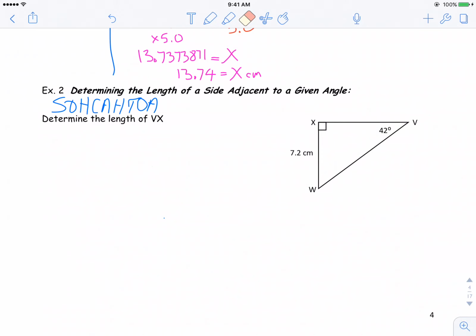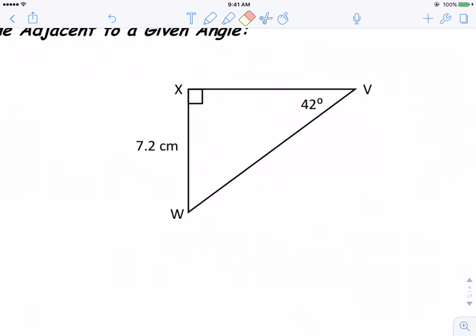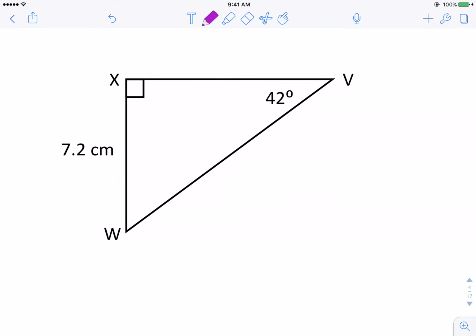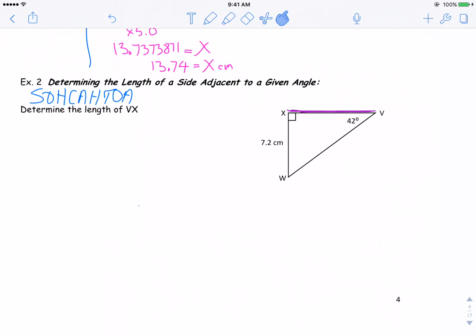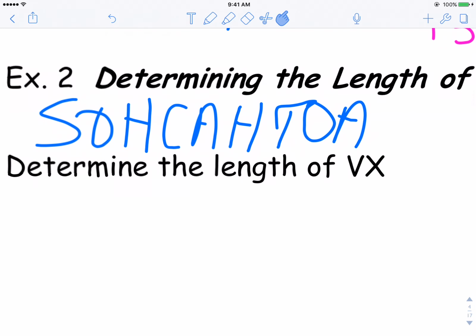So example number 2. Determine the length of a side adjacent to a given angle. Determine the length of VX. So VX in our triangle is this side length here, this one right here. Okay, so if that's what we're going to try and determine, first of all, the first thing I do whenever